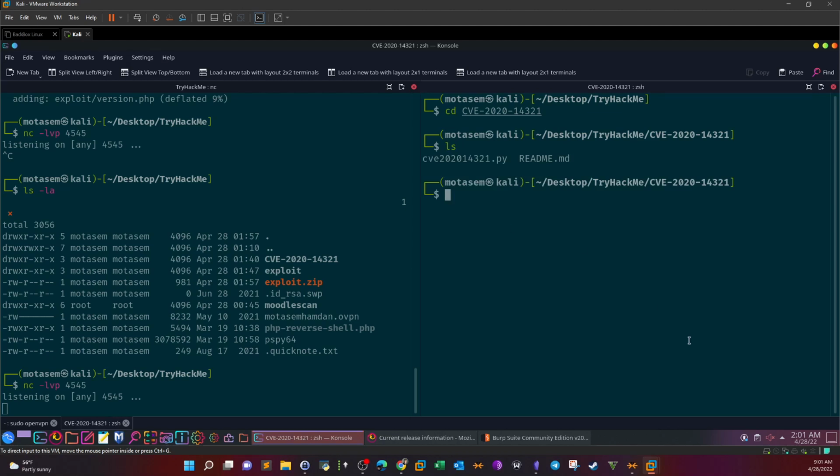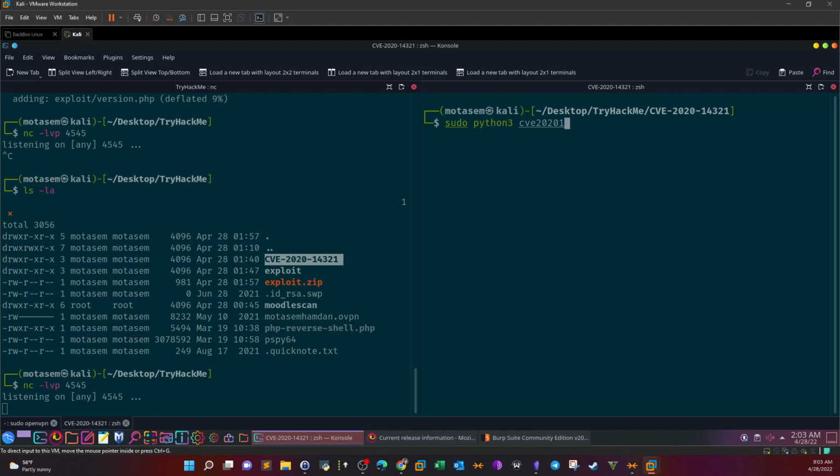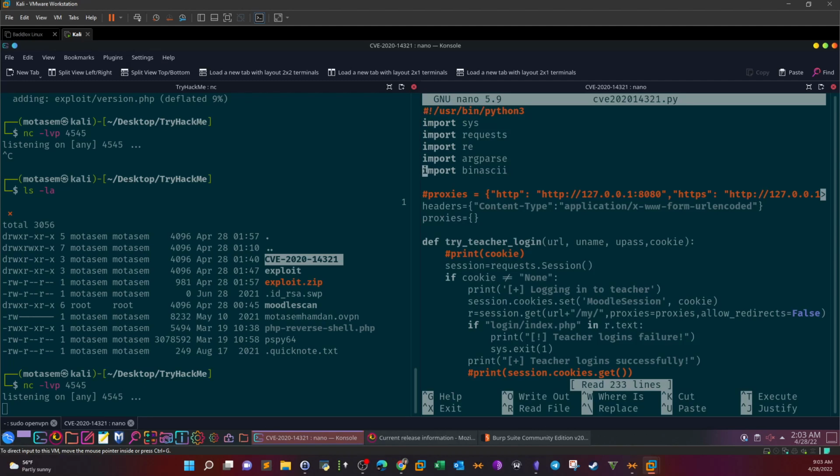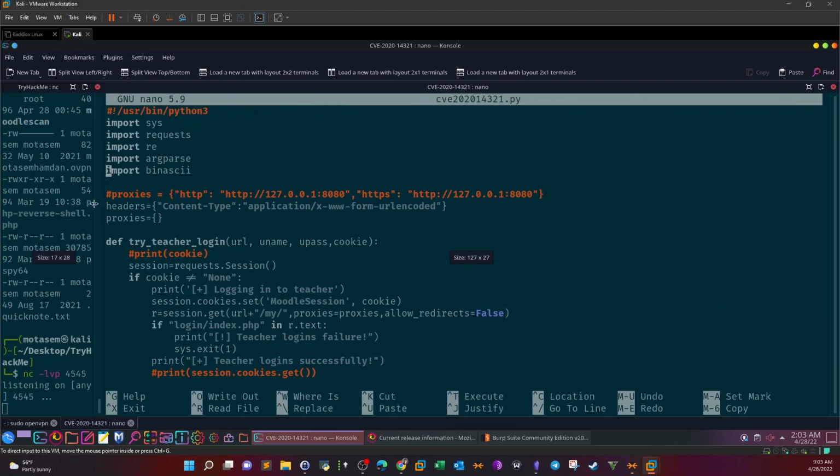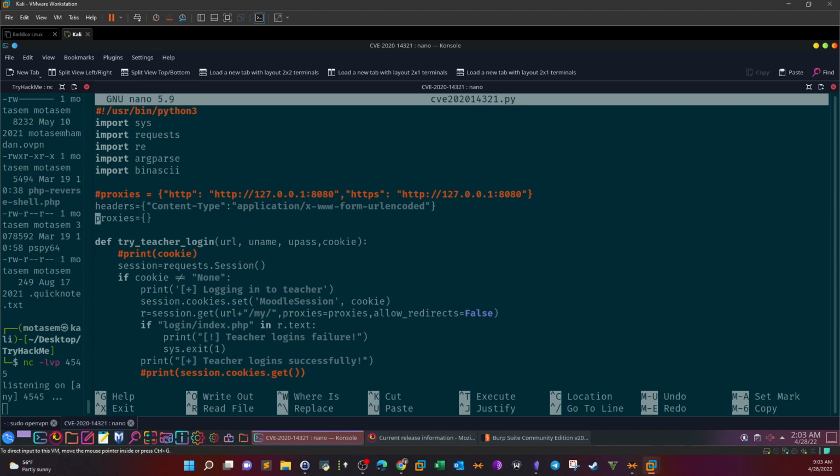Alright, so the way to go is we define first the URL. There are a couple of things that need to be changed inside the exploit. So nano CVE. So here, the first one is that we have to add one parameter to the headers. So here we're going to add referrer. Okay, so adding the referrer will be